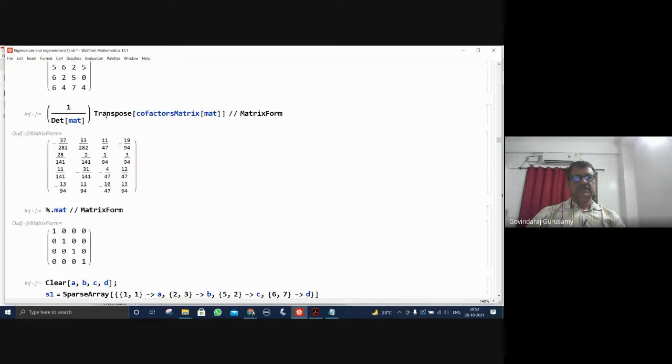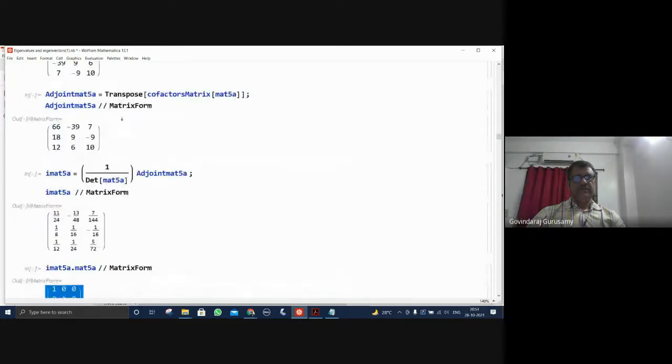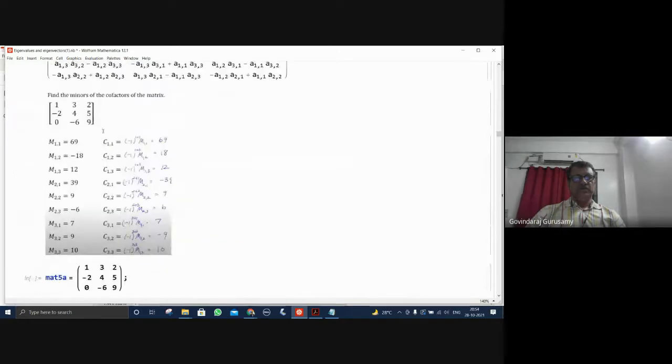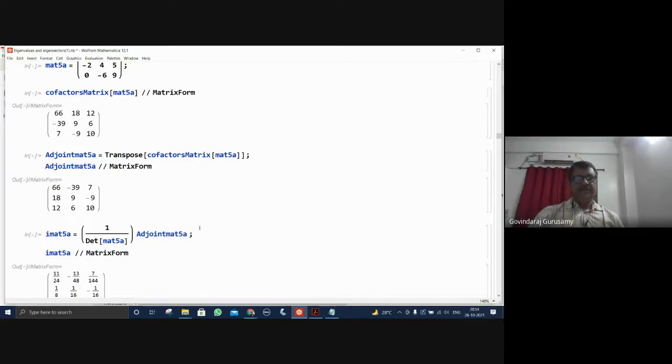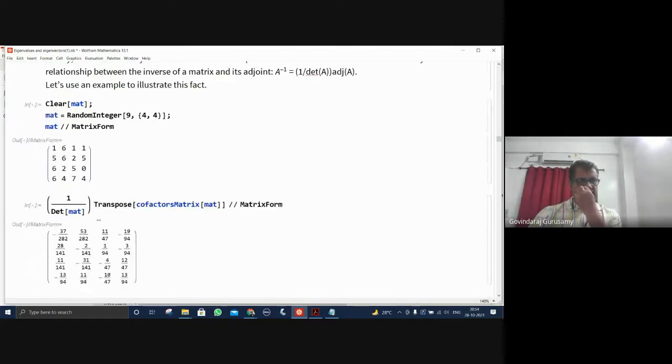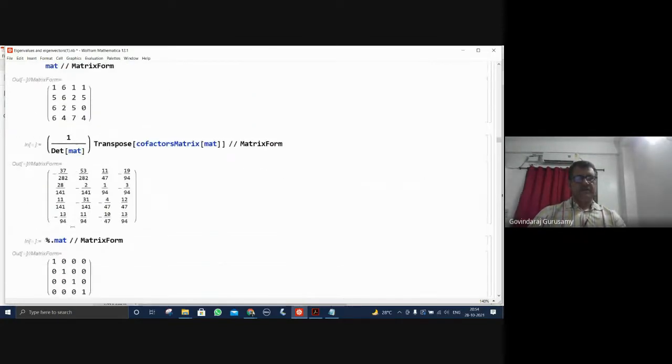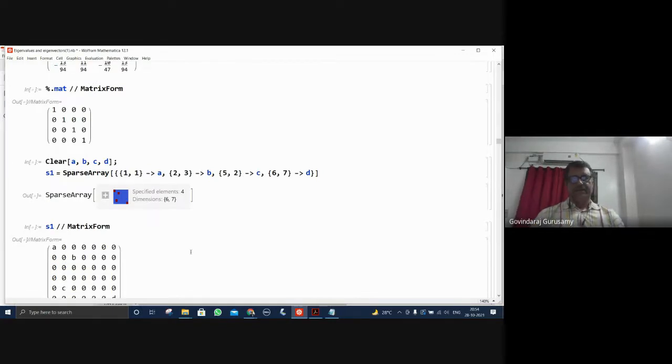So it's so clear that it's possible to find the inverse through the cofactors also. From the cofactors and then the determinant, you combine them with the transpose of the cofactors, then you have the adjoint of the matrix. That adjoint divided by the determinant is the inverse. This is another way to find the inverse of the matrix. And it can be confirmed by multiplying the matrix again. So the inverse and the matrix give the identity matrix. Okay. So this is for the different matrix operations that are possible here.